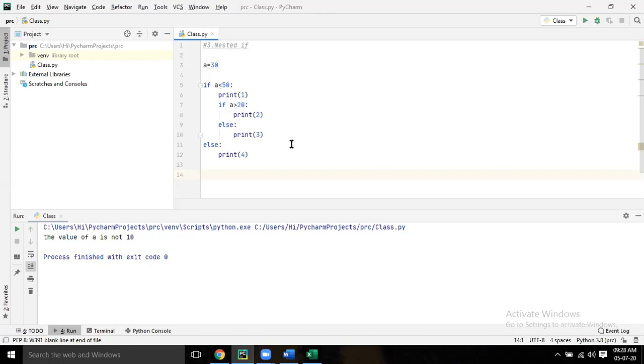Then inside if else is there, these two are same indentation, that means same line. So that will consider this else is for this if. So it should be in the same line. That is nothing but called indentation. Otherwise it will give error or some different result.